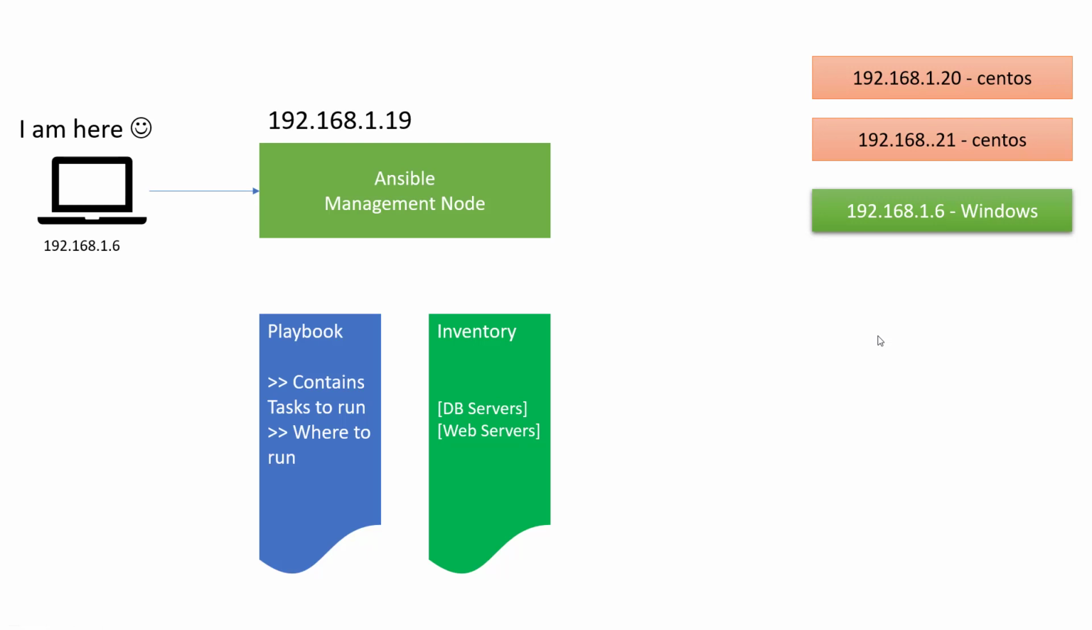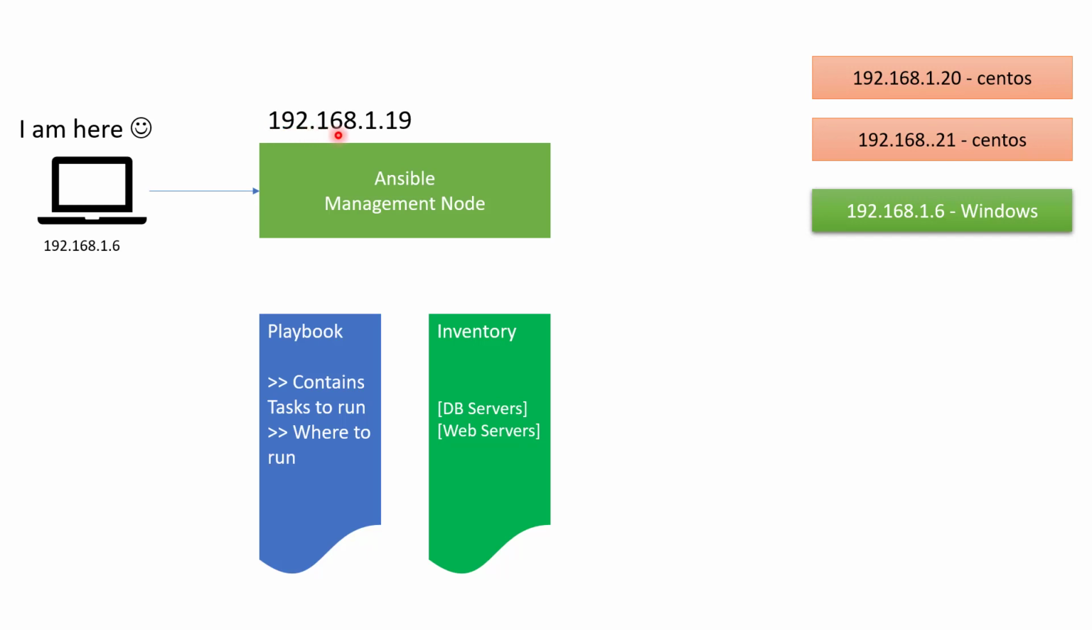So now we are going to write our first Ansible playbook. Before we start, let me show you my lab setup. Here you can see the IP address of my laptop, and then I have a server with the IP address